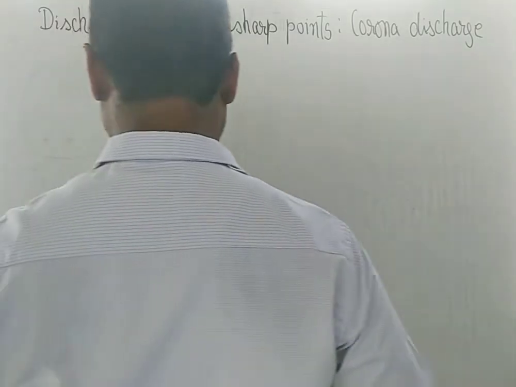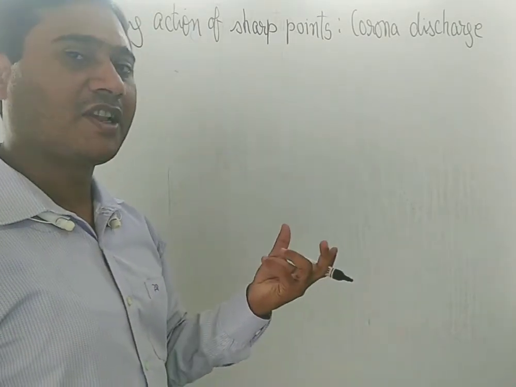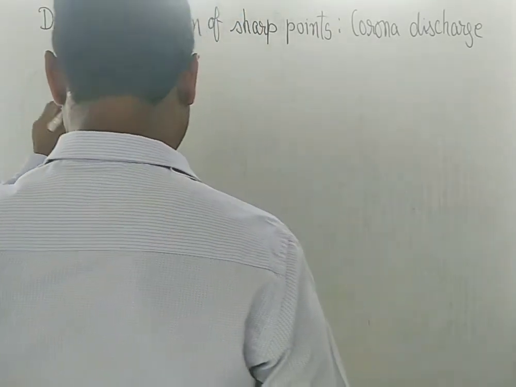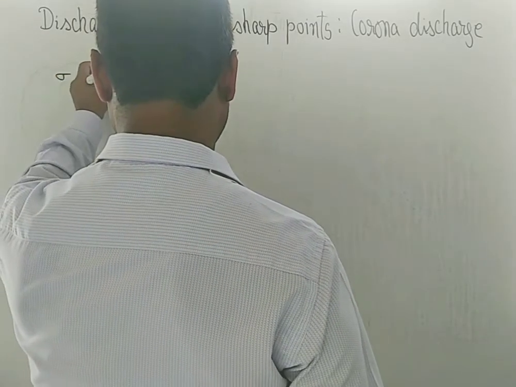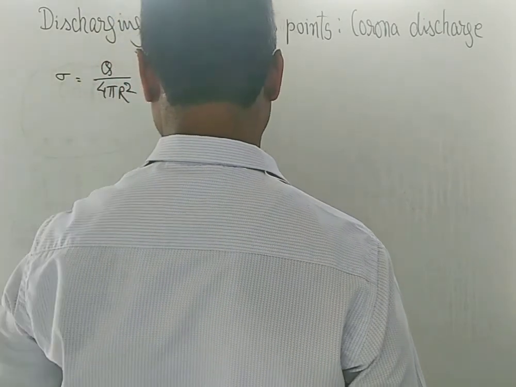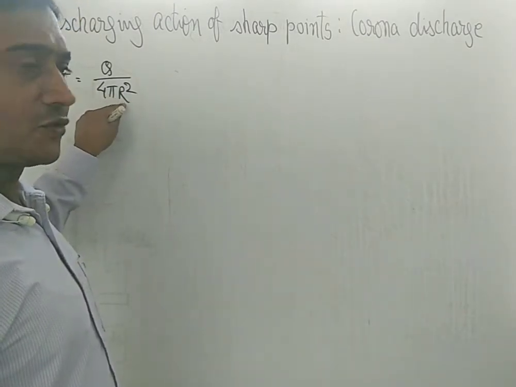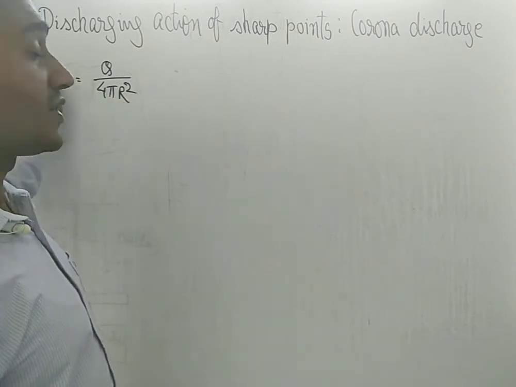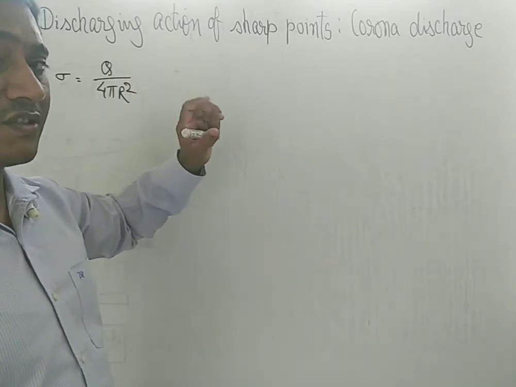Now for this, consider a spherical conductor having radius capital R with charge capital Q on its surface. So the surface charge density sigma is given as charge per unit area. So students, at the pointed end, this radius R is very small, and as can be seen, sigma is inversely proportional to radius. So sigma, the surface charge density, is very large,